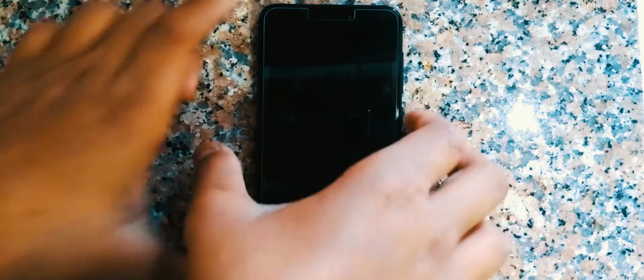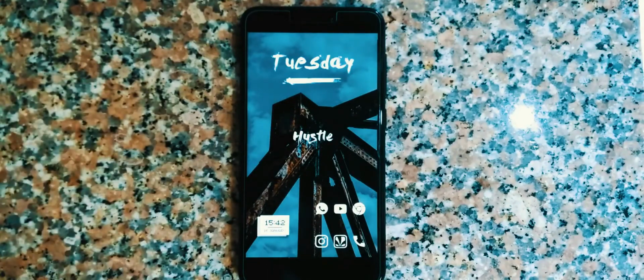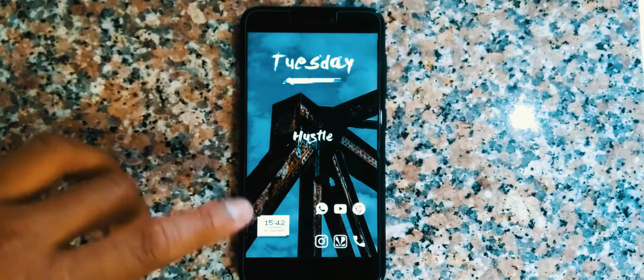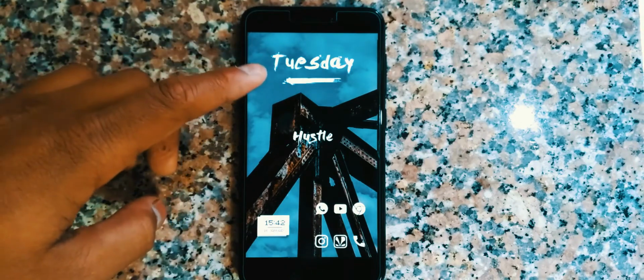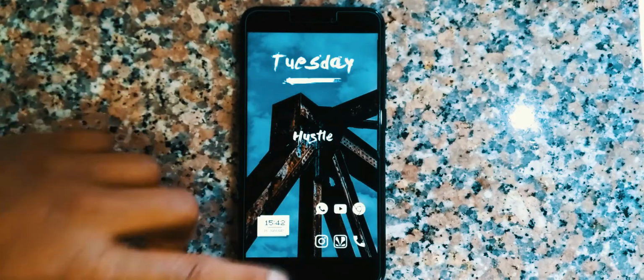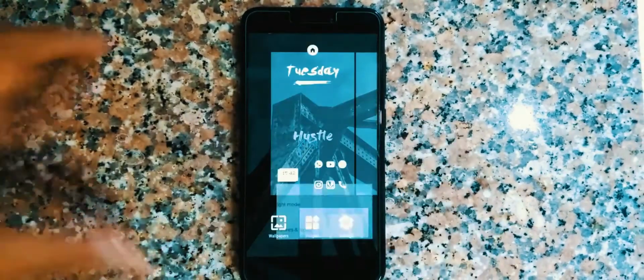Now let's move to my setup. So first, I'm using Nova Launcher, as you guys can see, and on the home screen I have two widgets. One is the clock and the date one, and the second one shows the day. These are from Oshia Super, and if you go to my Nova settings, as you guys can see,